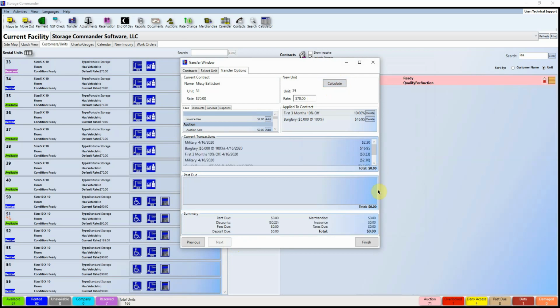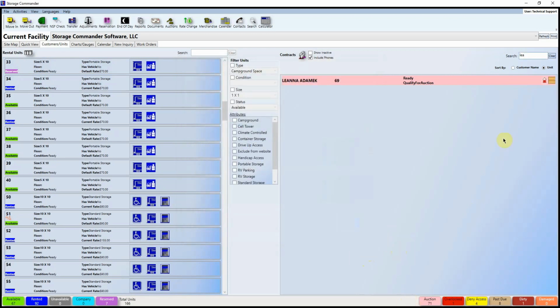We would recalculate. In this case, it's the same rate. So same rate, same unit type, things like that. Once I press finish, I'm going to automatically be in that new unit. So it's going to take me out of 31, put me into 35. So once I press finish, that's it. It's quick, it's easy. And now if I search me for unit number, it's going to have me in 35